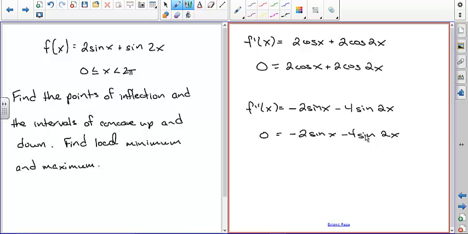I didn't bring my book, so that's probably a sign that we should stop there. So we'll continue on with this on Thursday. We'll find all the critical numbers. There's a lot of them. There's also a lot of points of inflection. And I already assigned the homework from this